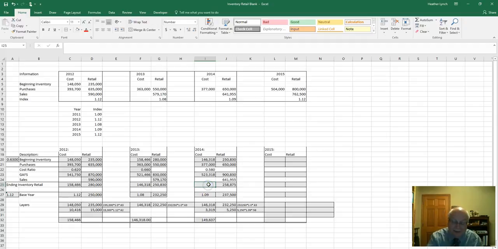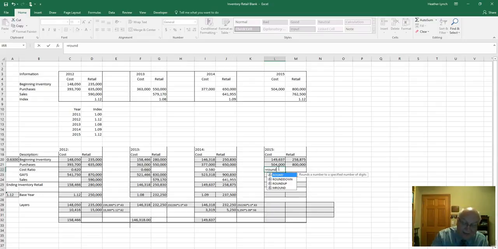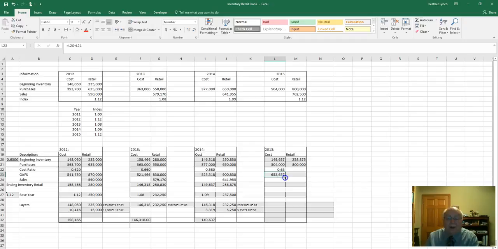Okay, and so that's the number that we would put up there, which would also be the number that we would put over there, along with the number right beside it for the ending 258. Then we put in the purchases at cost and the purchases at retail, and then we have to calculate our cost ratio, ROUND, and that's the 504,000 divided by the 800,000, comma 3, which is the 63,000. And then we add those two together, and we add the 800,000 plus the 258. And then we equal the sales, subtract the sales from our goods available for sale to get ending inventory of